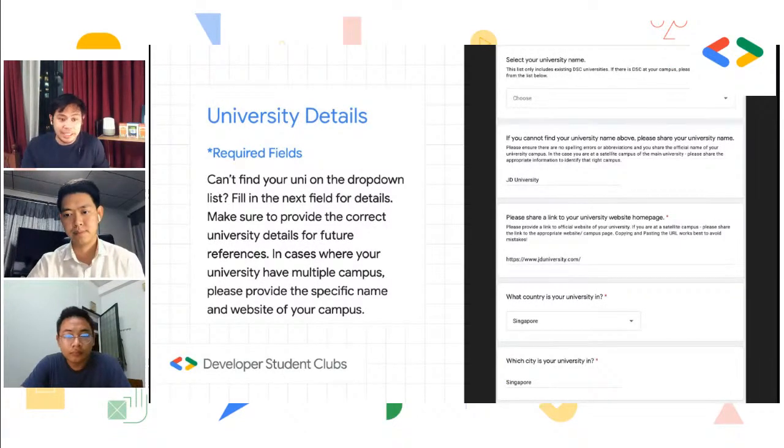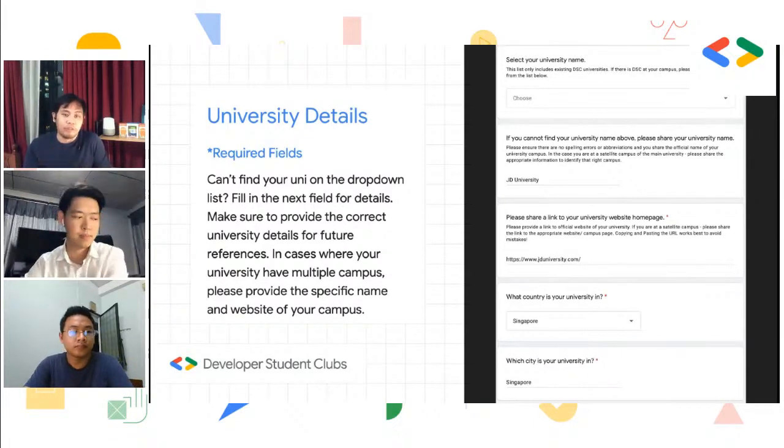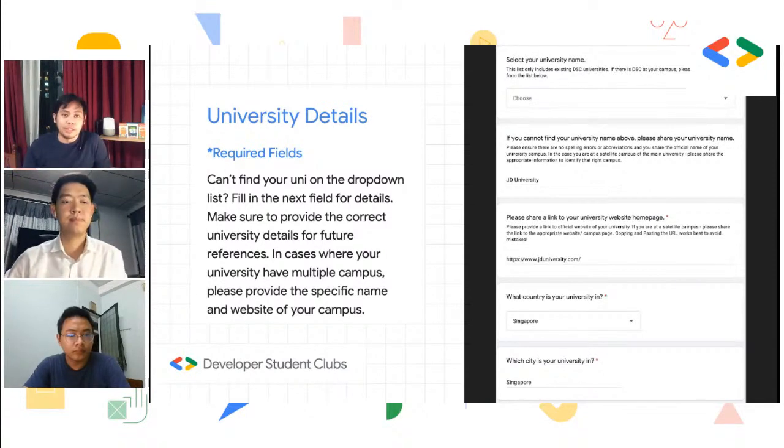Next is university details. Most of the information listed here are quite important, and getting what degree you're having, and also your university, what specific university you're from or campus. So I just want to highlight as well that maybe some of you have multiple campus. So if your university is an umbrella group with multiple university campus, you can actually also just be more